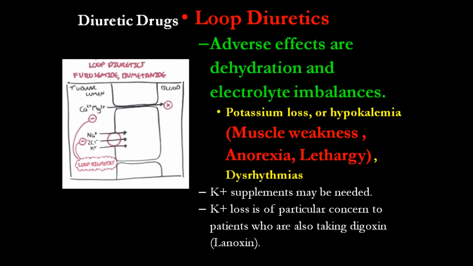So you need to be very careful with any of the diuretics that make you lose potassium. Another diuretic that makes you lose potassium is the thiazides and the osmotic. So all the diuretics can lose potassium, except the potassium-sparing ones. Digoxin is a huge